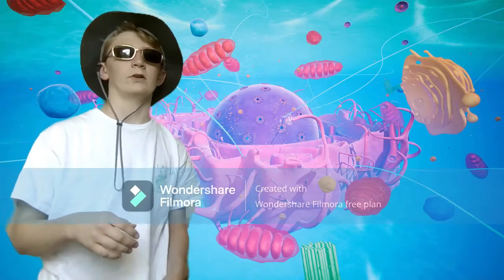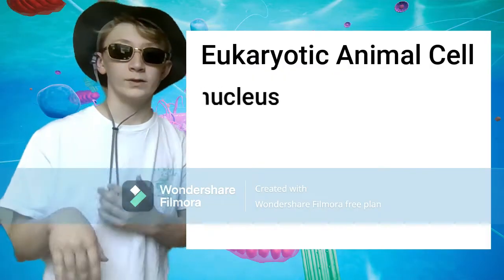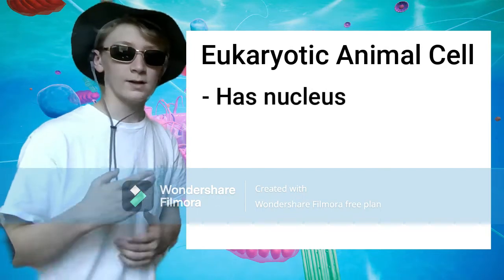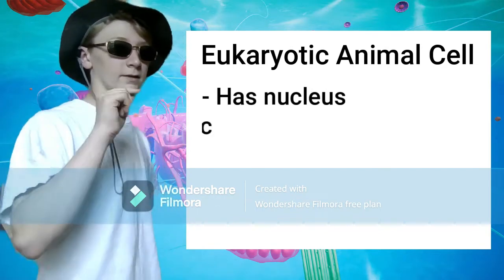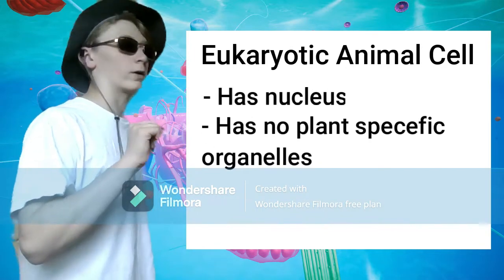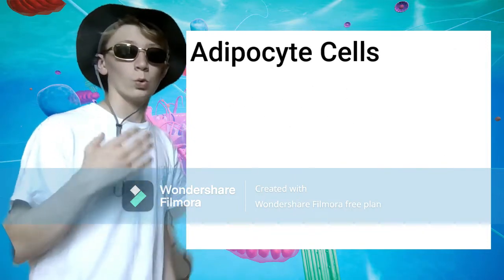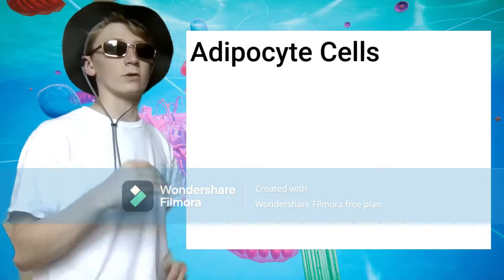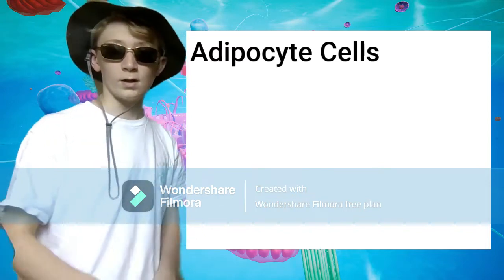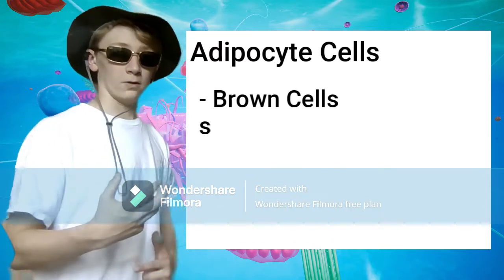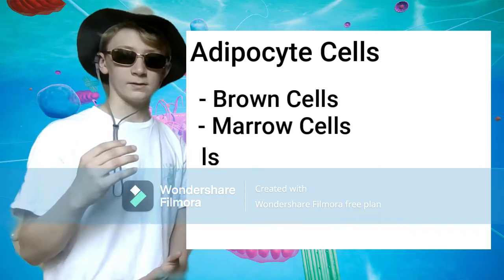The orca cells are eukaryotic animal cells. We know this because the cell has a nucleus, making it eukaryotic, as it doesn't have any plant-specific organelles. With this information, we chose the adipocyte cell, or fat cells. Fat cells are distinguished into three main categories: brown fat cells, marrow fat cells, and white fat cells, which I'll